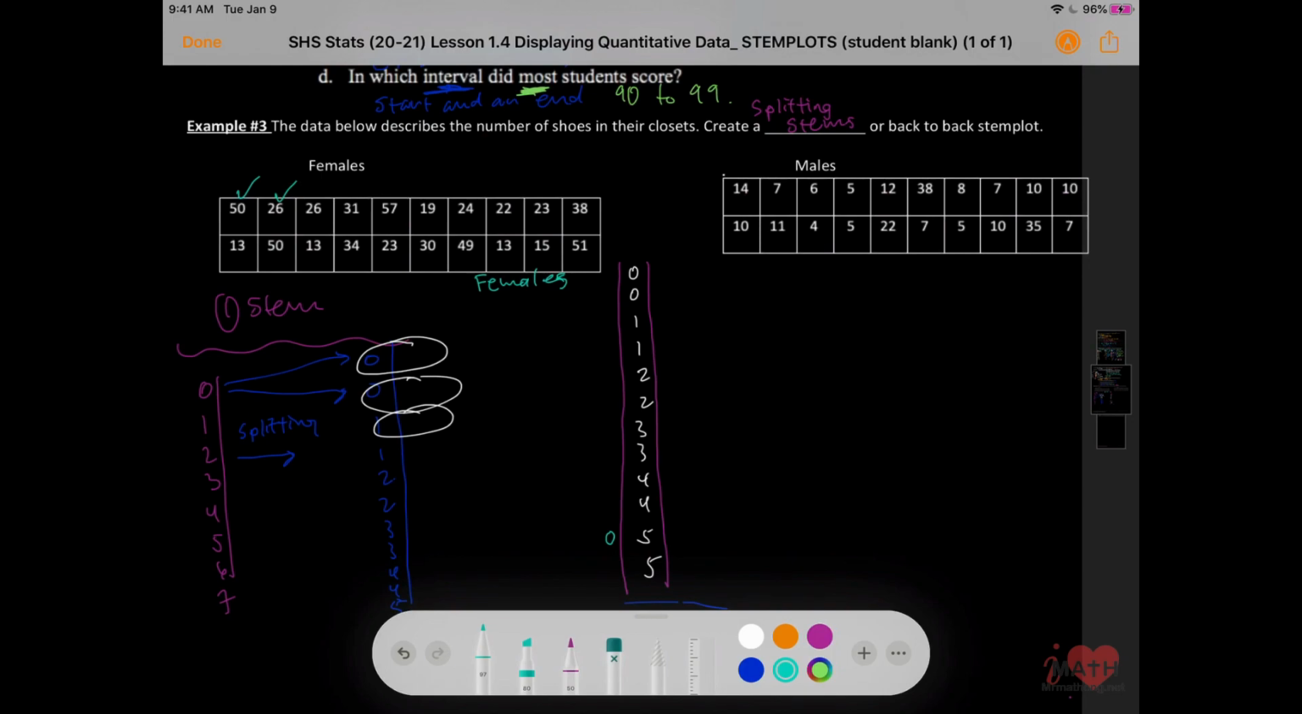26. Okay, so again, this does not represent 62, it represents 26. And remember, we split the stem, so the first one represents 20, 21, 22, 23, 24, and then this one has the 6s. So I have two of those. 31, 57, remember that's on the second because we're splitting it. 19, it's on the second one, not the first one. 24, first one. 22, 23, 38,